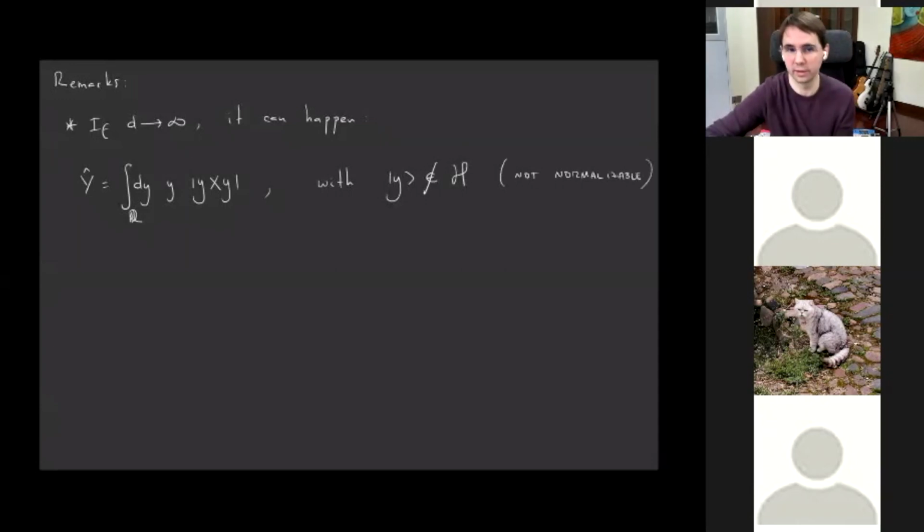So this is something that can happen in infinite dimension. And you might wonder, why do we even care about these operators if their eigenstates are not vectors in the Hilbert space? Well, we care about them because still,